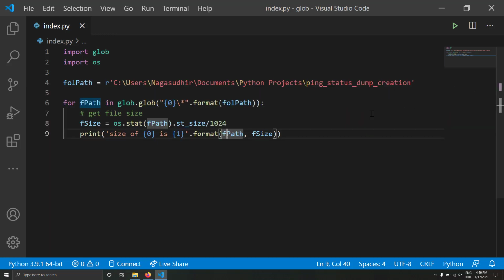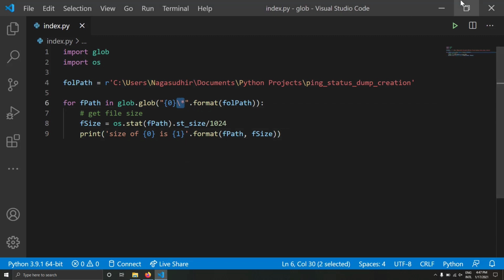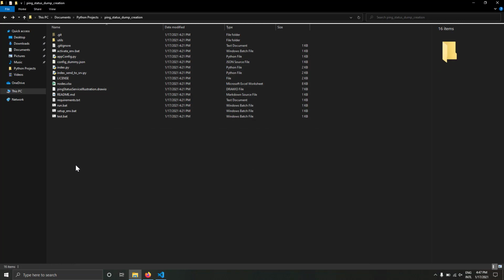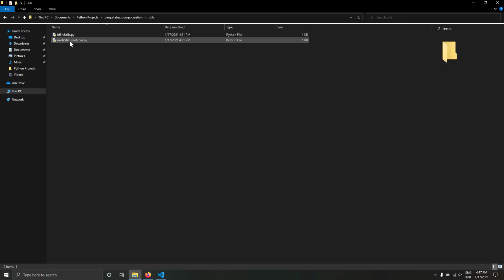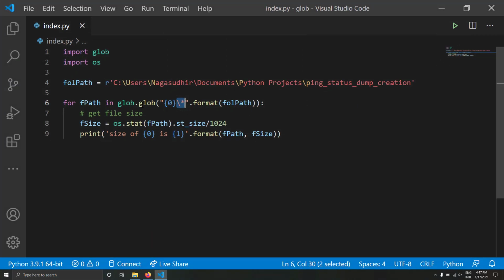So you can see the power of the glob module now. You can run a single task on multiple files at once using the glob module. One more thing I just want to specify here is, in the glob module, by using this /* notation, you will get the files only in this folder. You can't get the files recursively. You don't get the files inside the subfolders. That means you can't process the files inside the utils folder or .git folder using this /* notation. For that, you have to do something more.